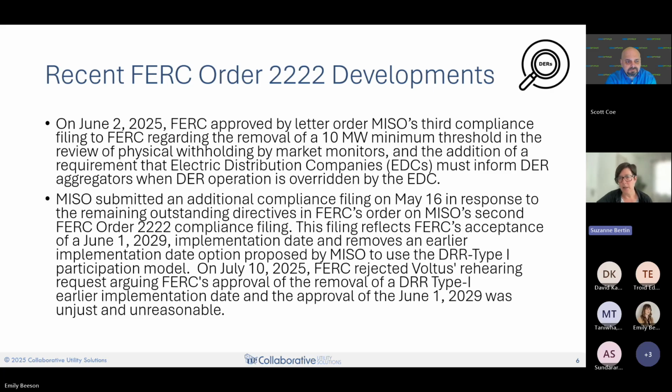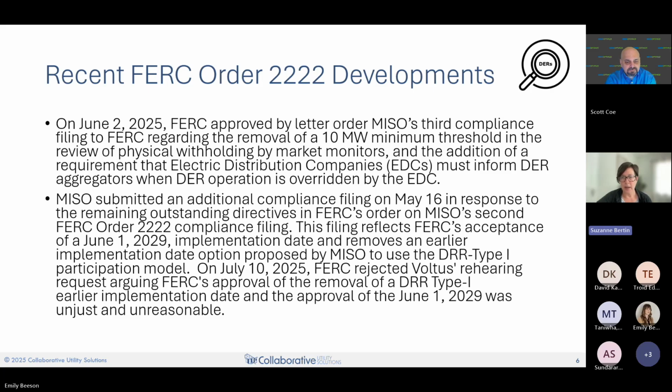MISO had also submitted a filing in May relating to outstanding directives in FERC's order on MISO's second compliance filing. This reflected FERC's acceptance of the June 1st, 2029 implementation date and removed an earlier implementation date option proposed by MISO to use the DRR Type 1 participation model.